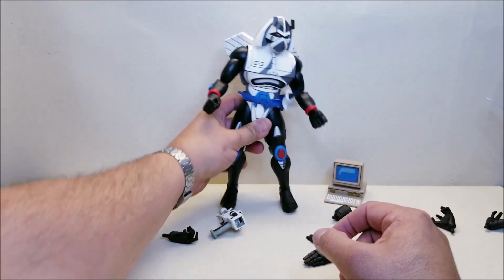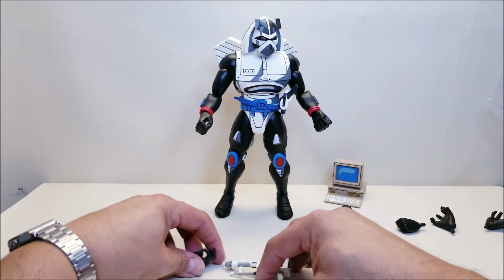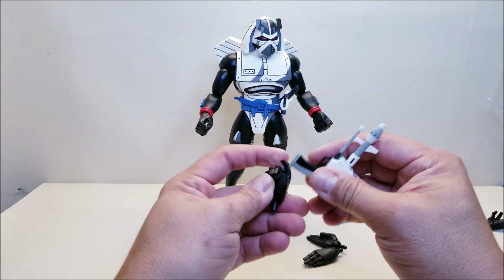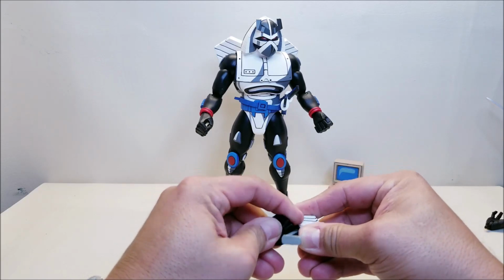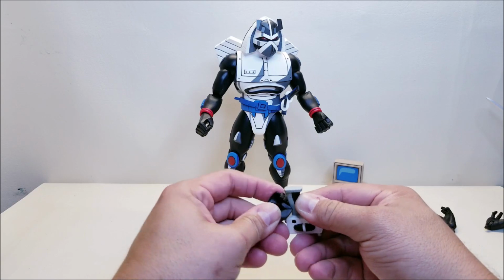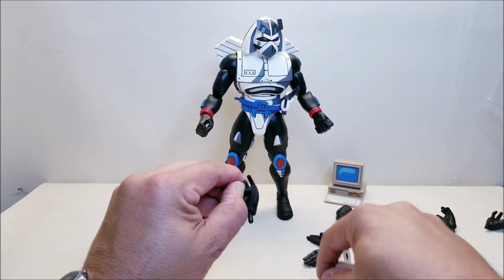Very cool. Finally, we showed off his gun, but there is one more hand to show, and this is his gun hand. This one is super tight, so you have to separate the fingers and try to get the gun in here sideways. I've done this once or twice already, and it is super scary every time I do it. But you can get him in a pose